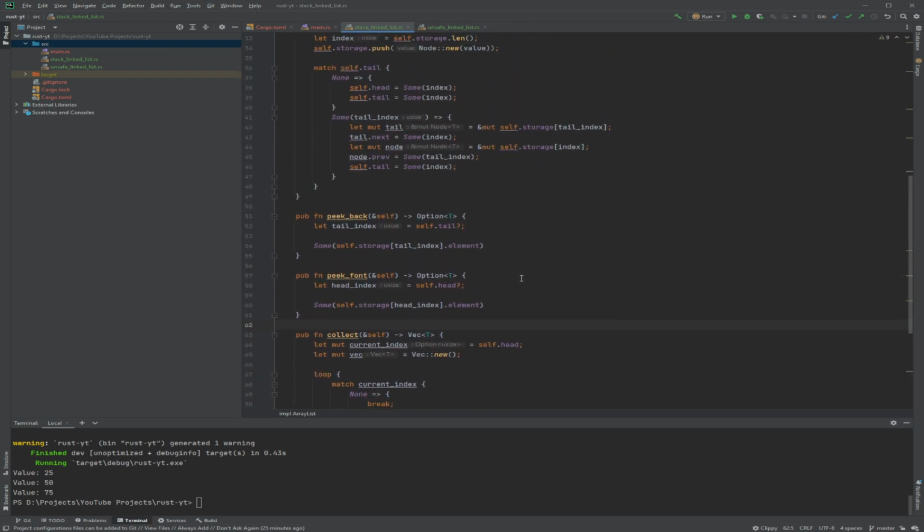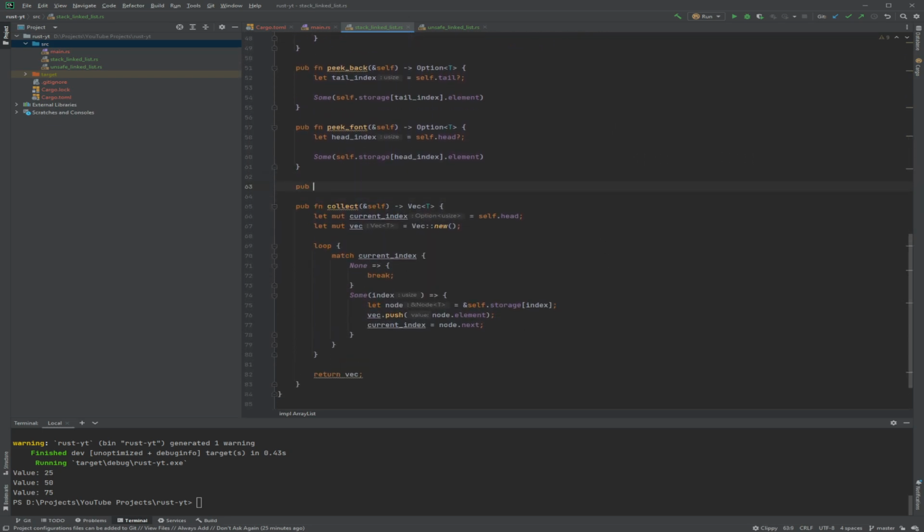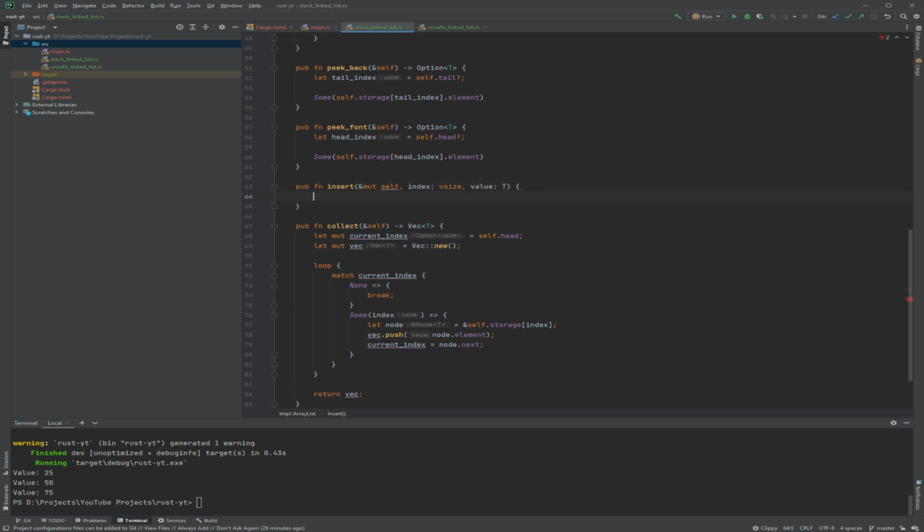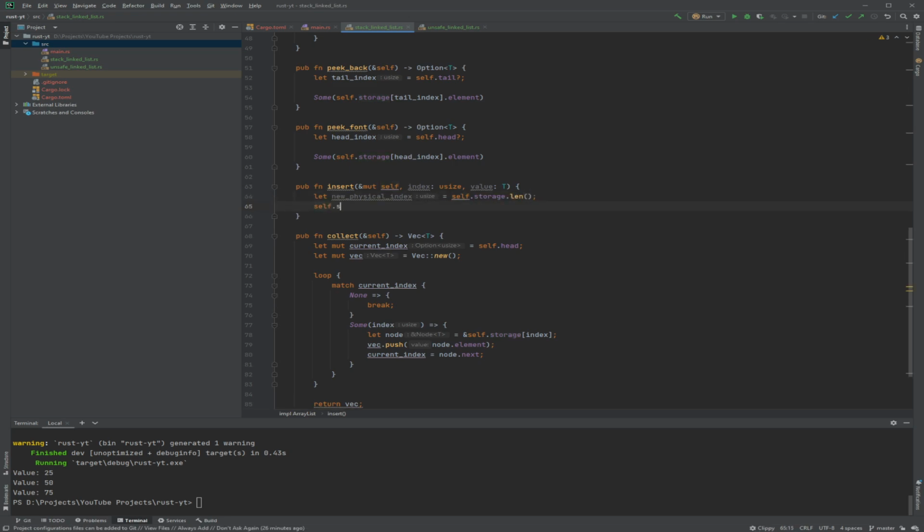So this will collect, and then we're talking about the insert, so let's just add the insert. It's where things get a little bit crazy, so I might have to speed code this because it's kind of involved. Obviously we need a new physical index, which is the one we're going to add right now, and the value.